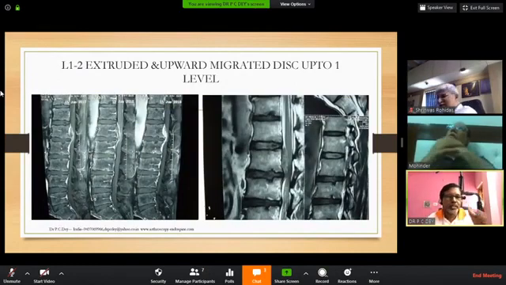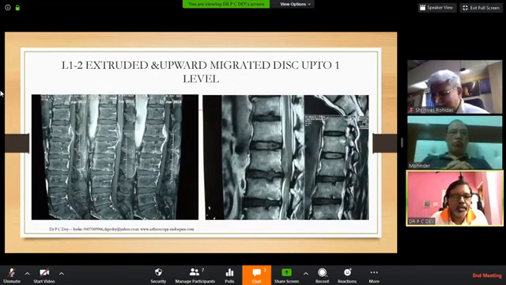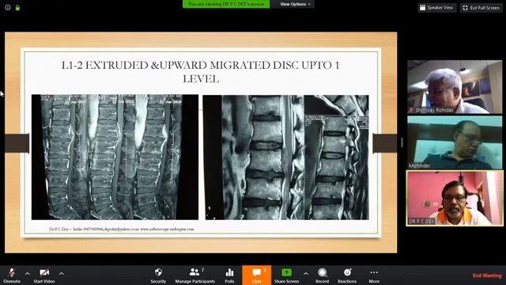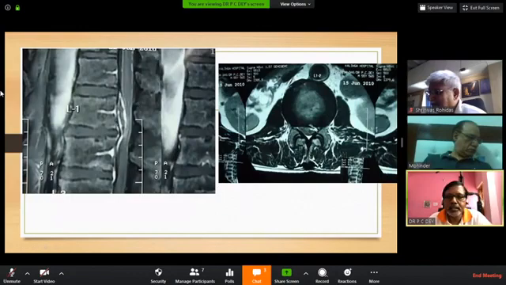X-ray I have missed. This was a huge extruded disc at L1, L2 level, extruded and migrated upwards almost one level above. Almost the whole of the posterior surface of the L1 vertebra is covered and it extended about D12, L1. This is the huge disc that just covers the whole of the L1 vertebra posterior surface. This is the disc here, and this is the axial view. There is an annular tear, and this is the